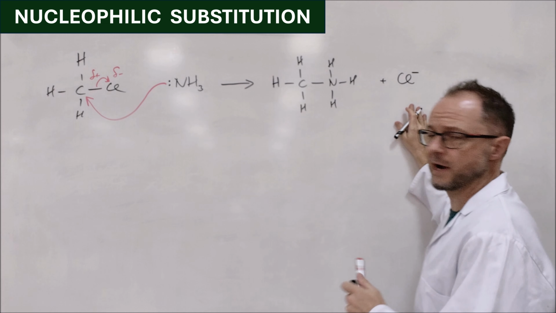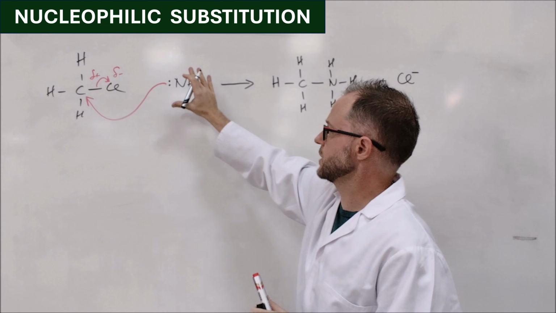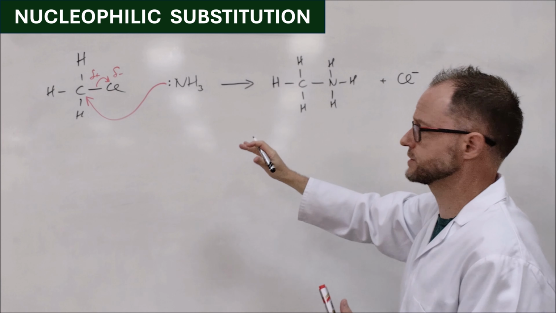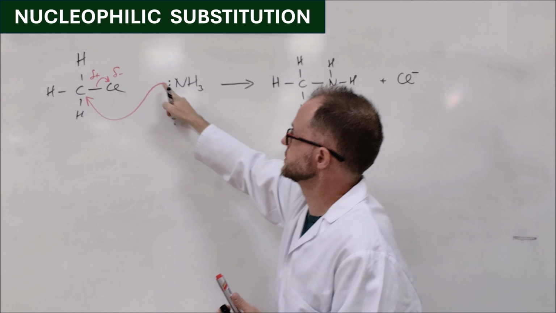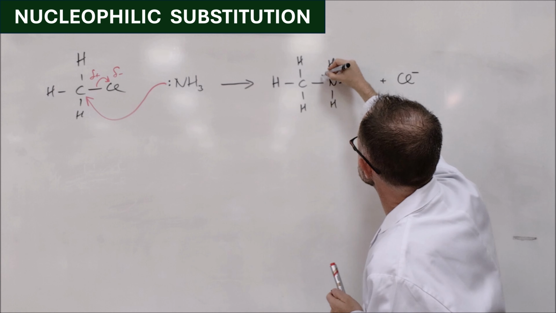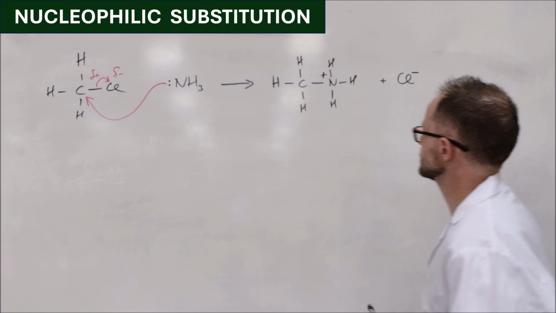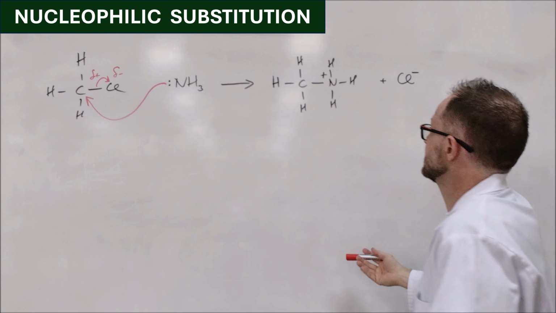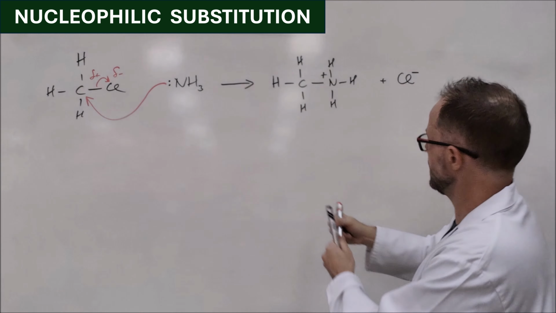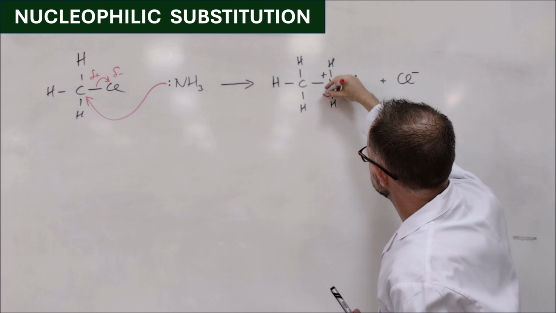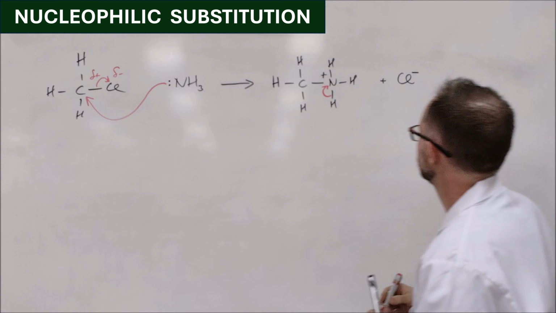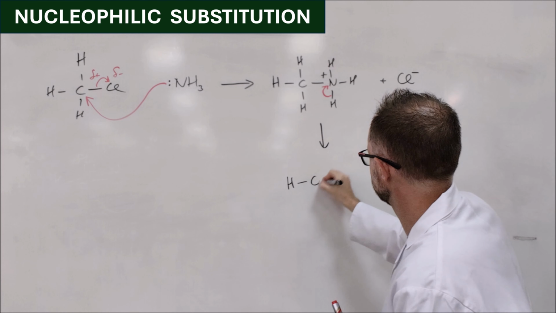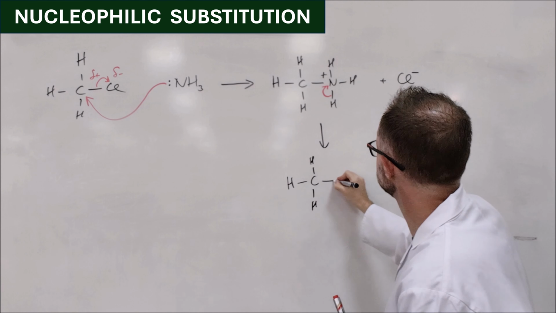Now, just to remind ourselves, we've got no charge there and no charge there, so that's no charge in total. We've got a negative there, we must have a positive somewhere. Where? Well, those electrons there were donated to that carbon, so that nitrogen now becomes positively charged. But these hydrogens, one of these hydrogens technically is datively bonded now to the nitrogen. So all we have to do is take that lone pair, return it to the nitrogen like that, and we're going to end up with this substance here